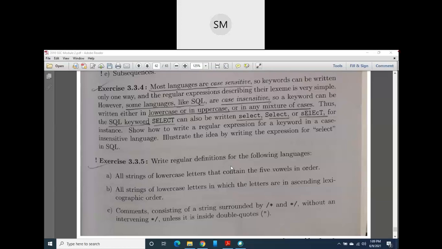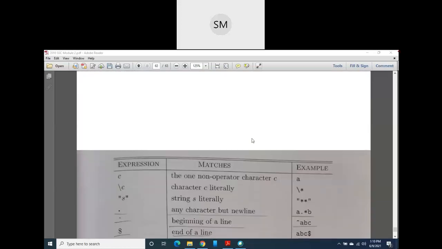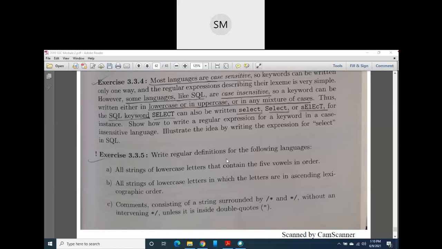Okay, but some programming languages like SQL, that is Structured Query Language, are case insensitive, because you already studied in the DBMS lab. There you have written some queries in SQL. These queries you can write either in uppercase or in lowercase. It doesn't matter. It means that the SQL language is case insensitive. Okay, so I just wanted to make this clear because it is an extra tip, extra knowledge for you. Some languages are case sensitive, some languages are case insensitive. Remember it.